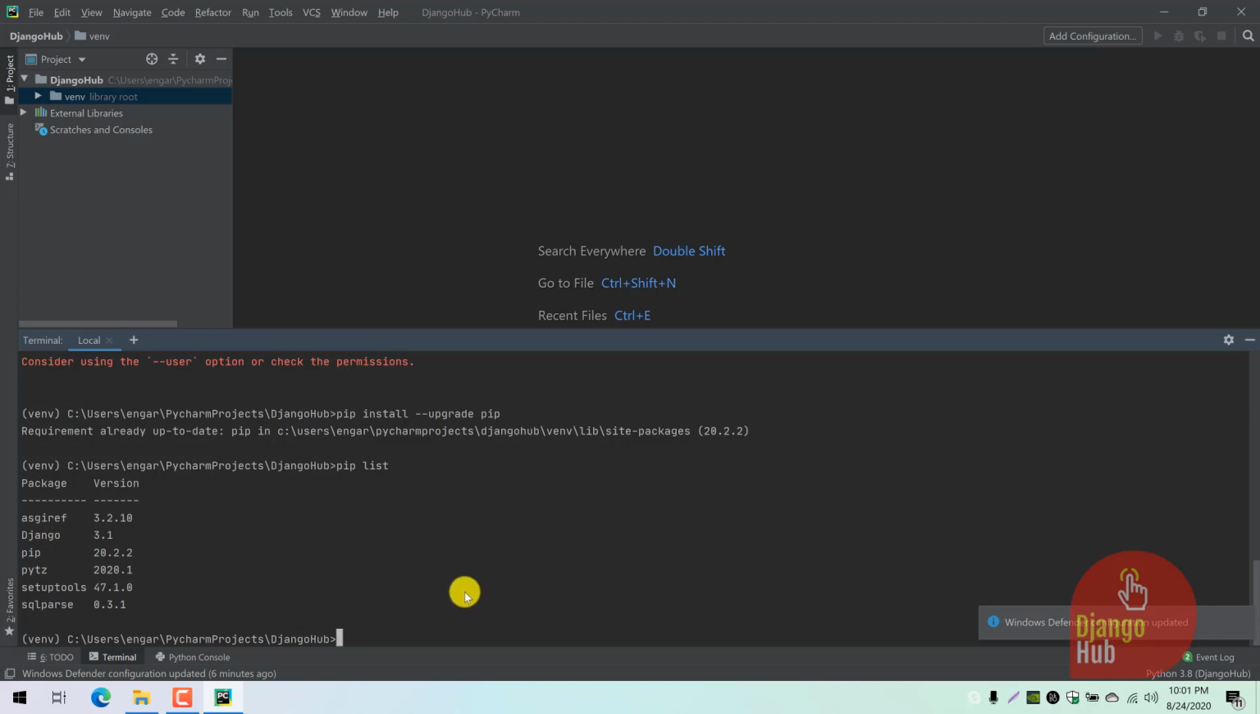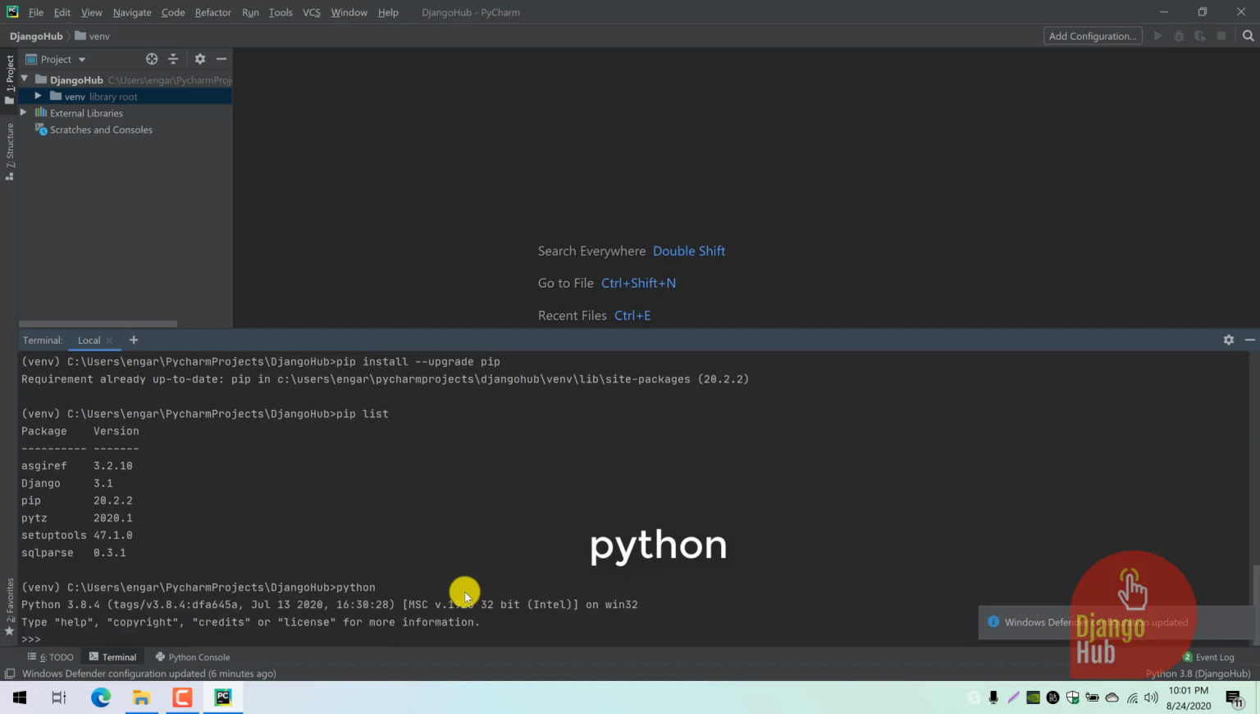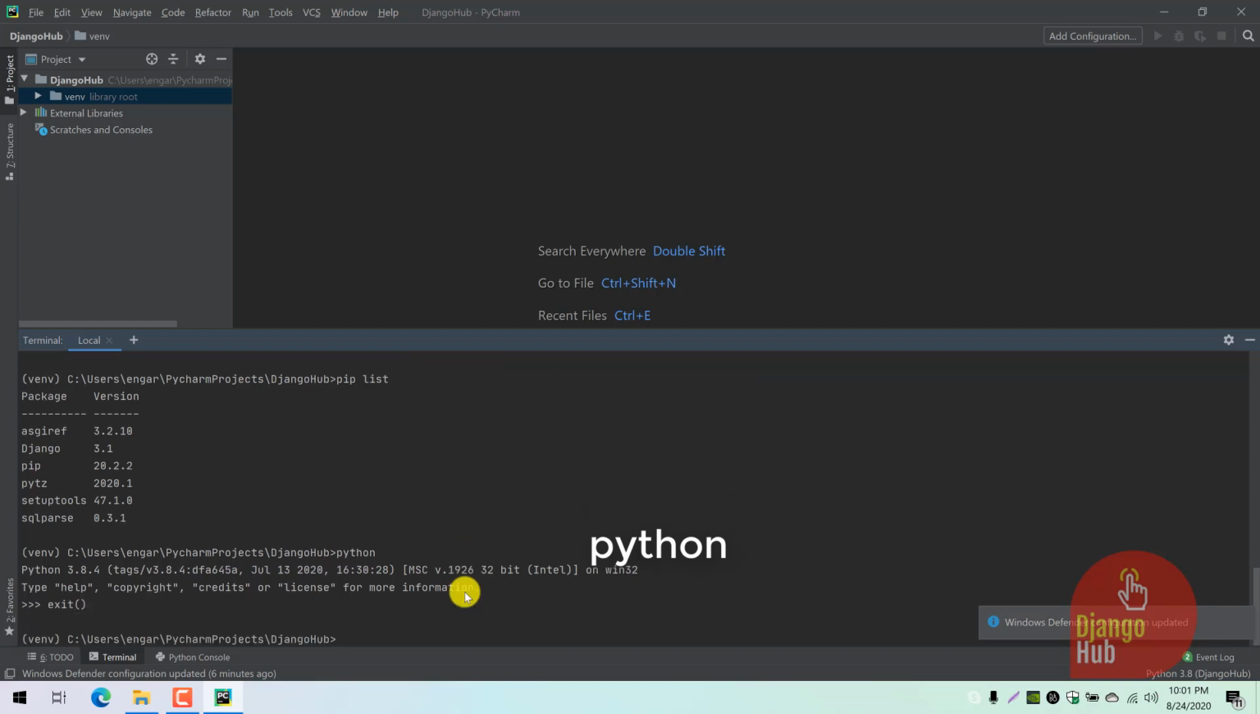Alright. So if you want to know what Python version you have installed, you can know that by typing python. It gives us the version you have installed, 3.8.4. So click on exit. Alright, so